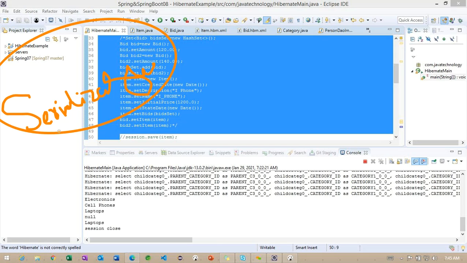Now, coming back to the flush here. Basically, we are going to work on the session dot flush. In which scenario can we work on the session dot flush? Sometimes what will happen is, before saving the object, we are going to commit the changes, when the transaction is committed before saving some information. In this case, if we want to save, we need to go back to the session dot flush.